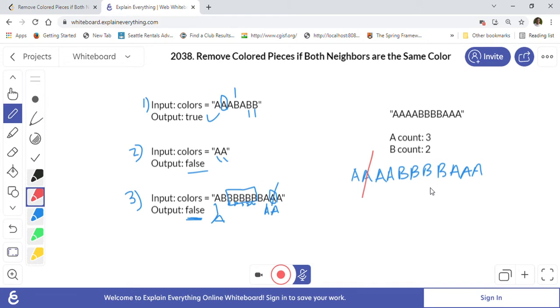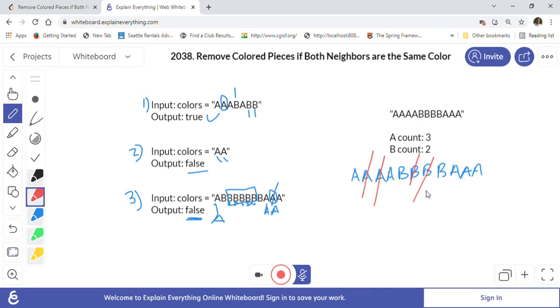Now Bob's turn came. Bob picked a B. So let's say he picked this B, right? Now again Alice's turn came. Now Alice will have these three A's left, this A and A and A. So let's say she picks this another A now, right? Now Bob's turn will come. Bob can pick again this B now, because this B will be there, right? So after that, Bob's turn is done.